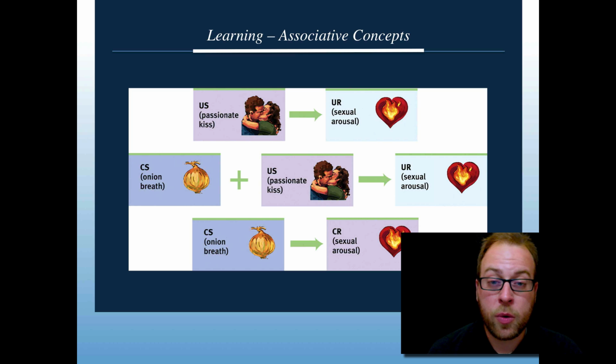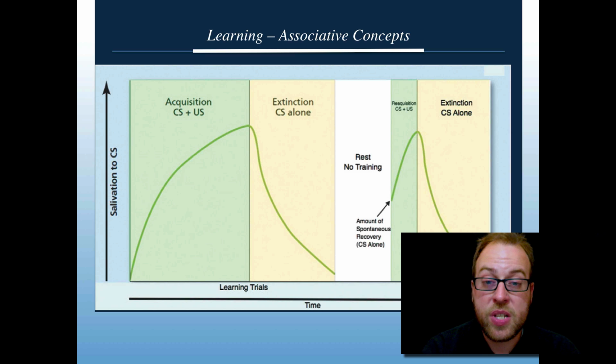So at the end of the learning process, you have a conditioned stimulus, a stimulus that previously was unassociated, and a conditioned response, a response that previously was not evoked by this stimulus. You can really think of it this way. The process of classical conditioning is the process of giving you a cue for some natural instinctive behavior. When we learn something, we go through a process called acquisition. This is the period during which the neutral stimulus becomes the conditioned stimulus, during which the conditioned stimulus begins to evoke the conditioned response.